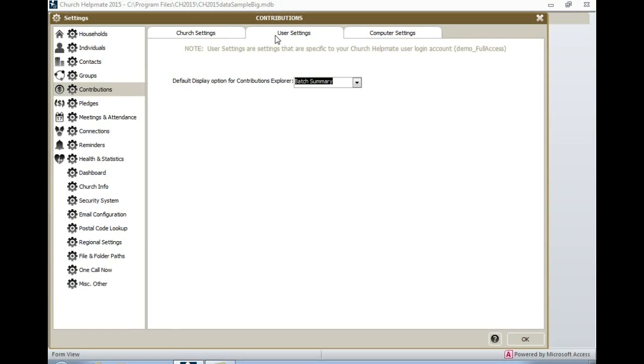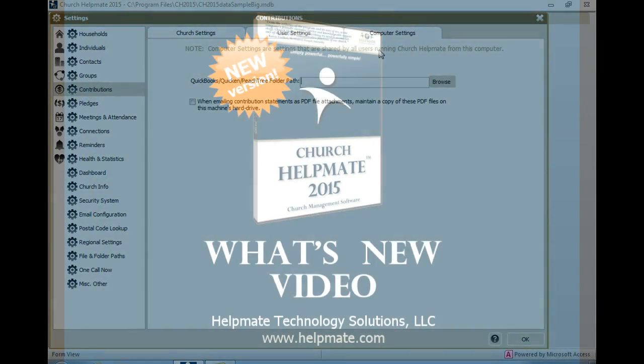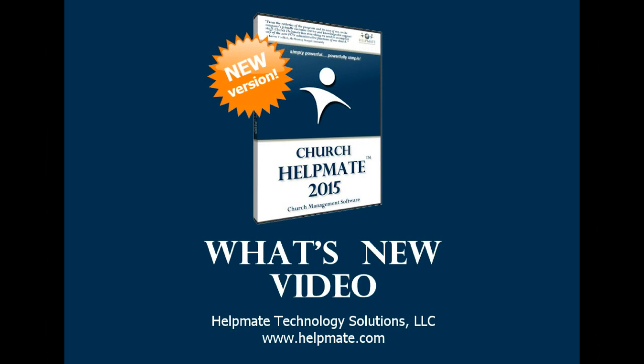And finally, there are computer settings, which are settings that are stored with the computer and shared by all users that run Church Helpmate from that specific computer. Okay, well, there's a lot more to the 2015 version of Church Helpmate, but we've covered many of the highlights that we wanted to share and make you aware of,